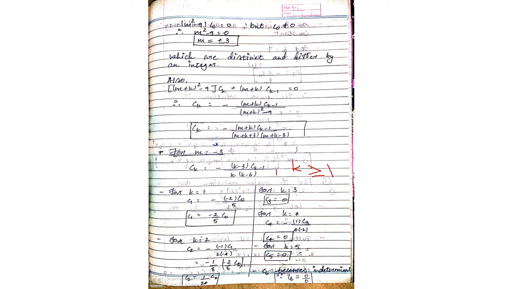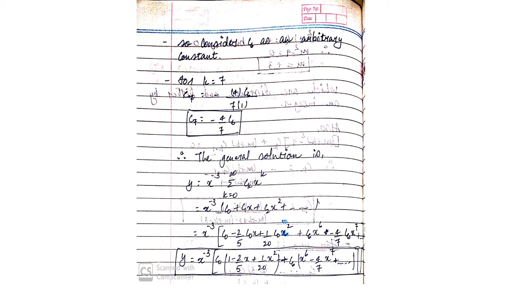So you will get the answer in two coefficients. First one is C0, as C0 is not 0 here. See, I have written the condition. So there will be two coefficients: first one is C0 and the second one is C6. So in all the answers you have to write in the coefficients only, that is in C0 and C6 form. Now moving forward, again you have to find K equals 7.